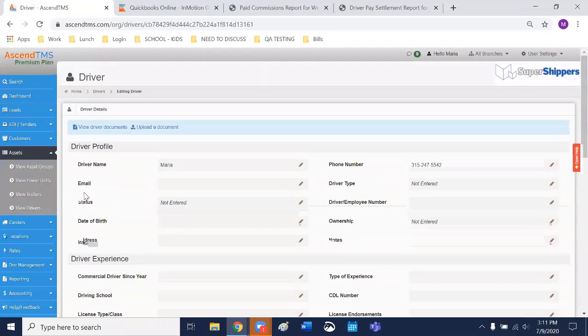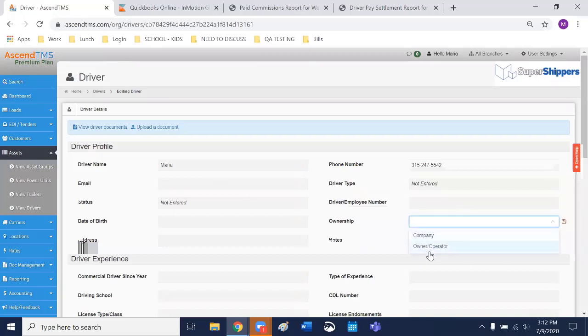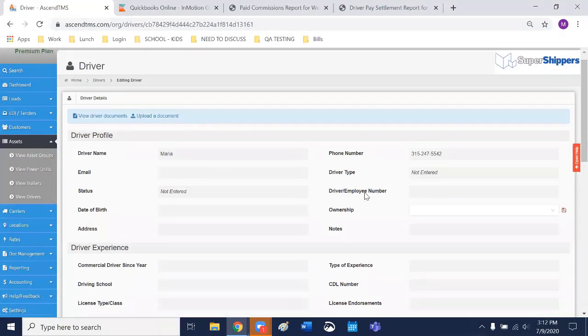Are you putting your owner ops in as asset drivers? I didn't know if I could. You can. So the question to you is, will you want to do the settlement sheets for your owner ops? And if the answer is yes, then you're going to need to add them in as drivers, and you could just add a note or you can choose owner ops. That'll give you more functionality than adding them in as an outside carrier. I think you'll prefer that way.